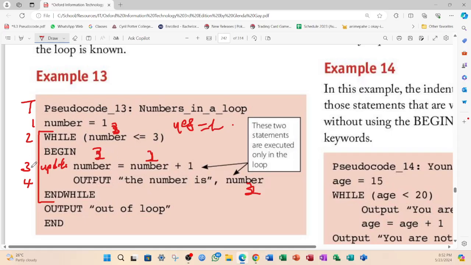And we go back to step number 3. That's going to be 3 plus 1. That is going to give us 4. We output, the number is 4. Then we go back to the top. We have 4 here. And then we ask the question, is 4 less than or equal to 3? Our answer is now going to be no,